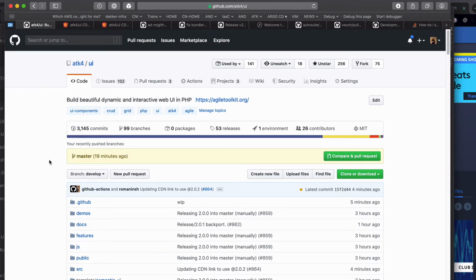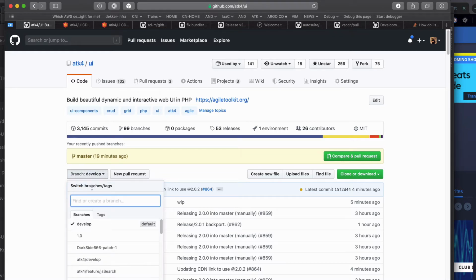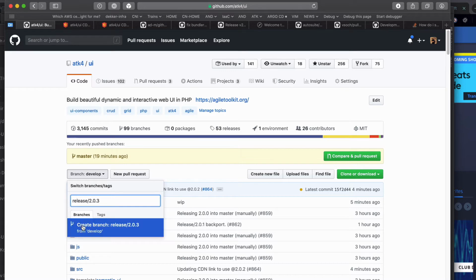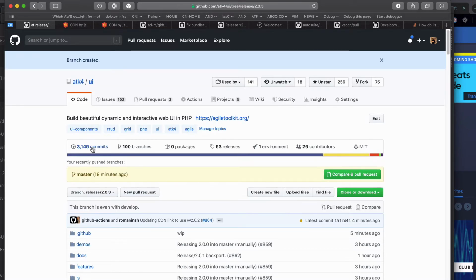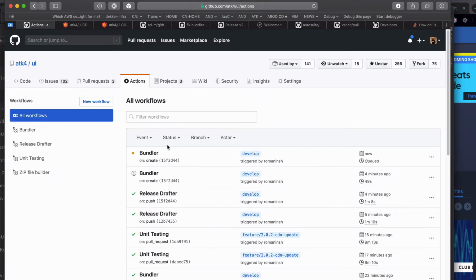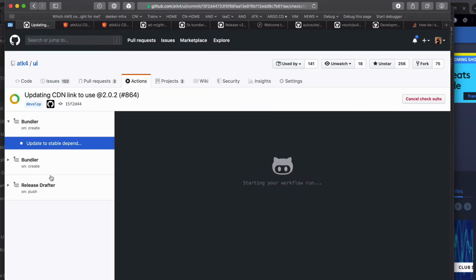So let's start with the process of drafting a new release, and this is really easy to do. You have to be in the branch develop, simply type the name of the new release in this format, and once you create this branch, it will be automatically picked up by the action. You see the bundler over here starts executing, and I'll talk you through the steps which are going to be